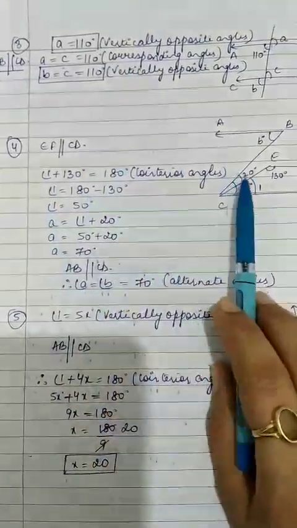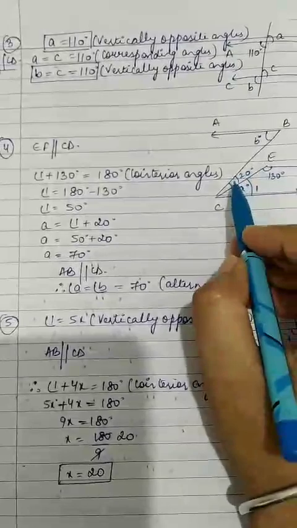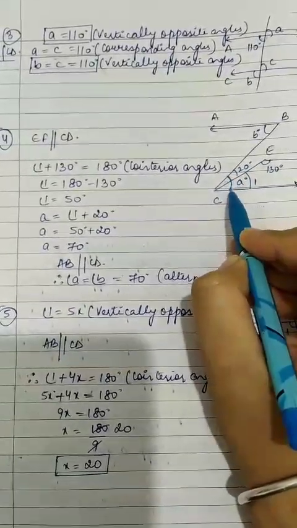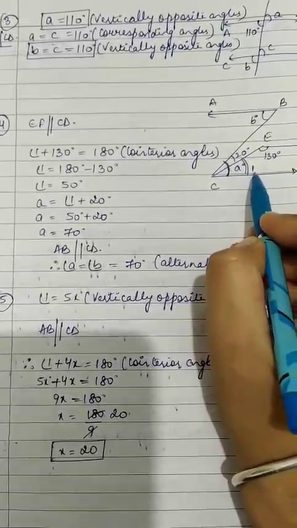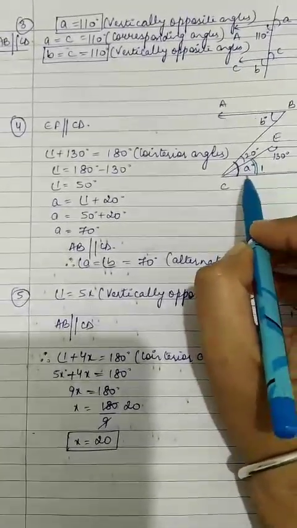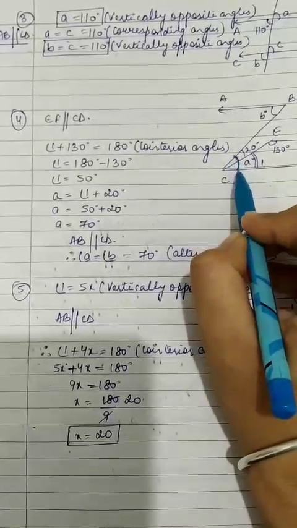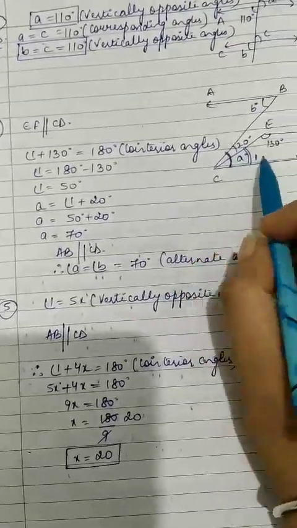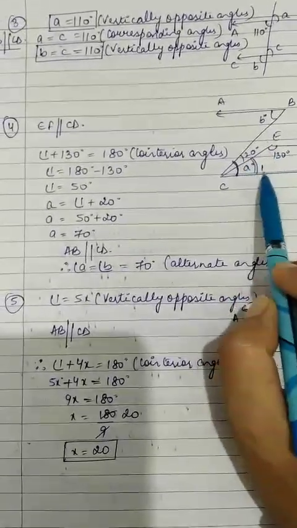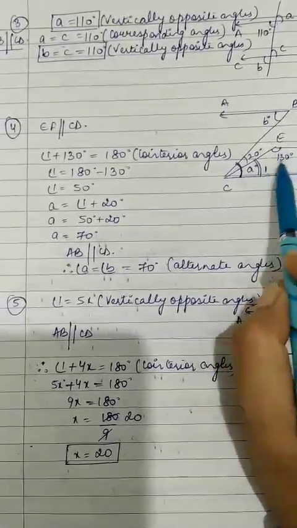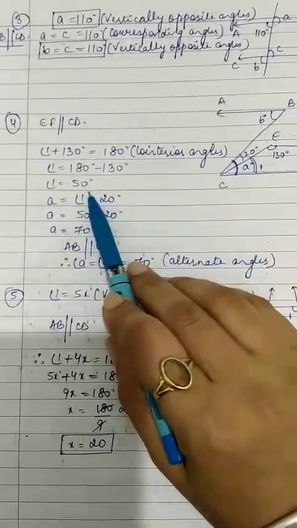Question 4, children, this is the figure given to you for question 4. In this you have to see one thing, children: this whole angle is given to you as A, okay, and I have taken this much angle as 1. Clear? So at the back the answer is given to you according to 1, but I have calculated according to A. Now children, in this EF is parallel to CD, therefore 130 plus angle 1 is equal to 180. Reason, co-interior angles. So angle 1 is equal to 50 degrees.